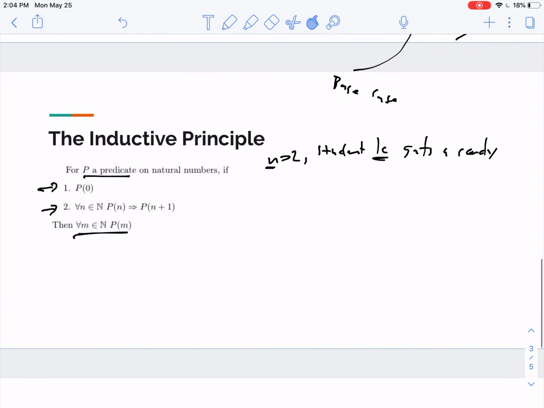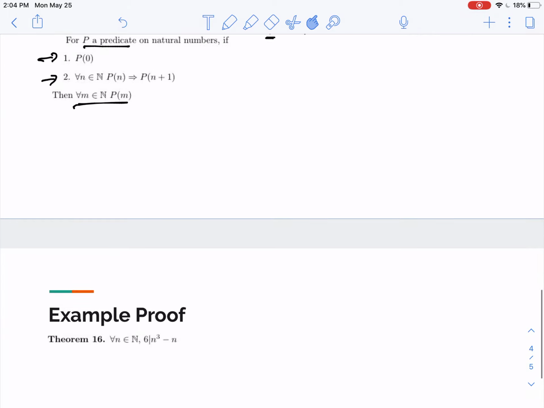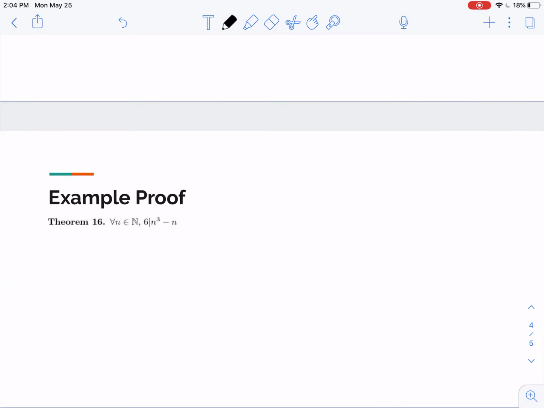But it's pretty important that you understand why it's true. I think that's the most important thing with any proof technique: you should understand the reasoning behind why that makes a solid proof. So our example proof is going to be, we're going to prove that for any natural number, 6 divides n cubed minus n. This symbol right here means divides. So it just means that there exists some integer m such that 6 times m equals n